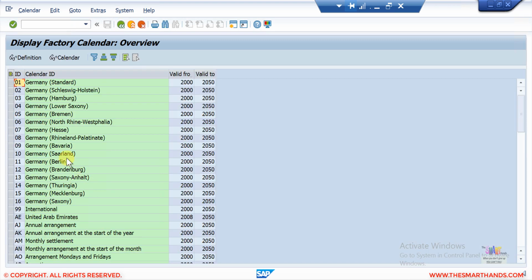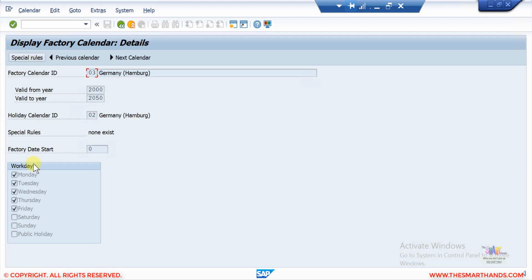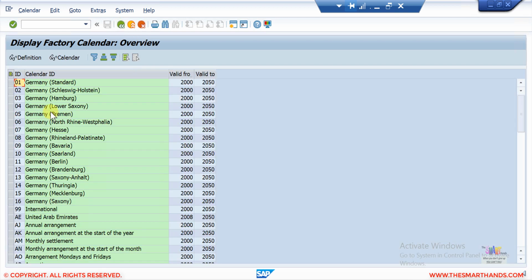And also, if I select another one, let's say Germany, Hamburg, you can see the work days are Monday to Friday. And if I go back one step and select this again, if I go to the calendar here,